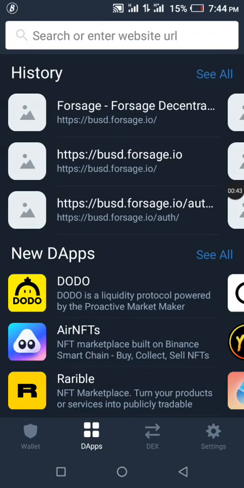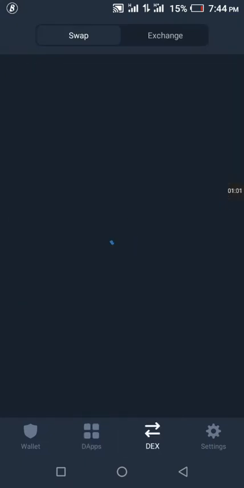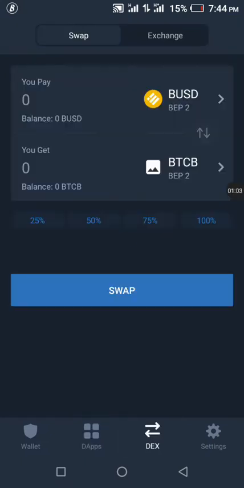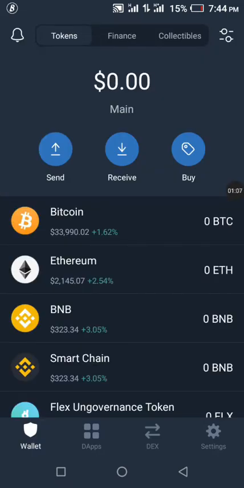This is the feature that allows you to input any link. This is where you can do your Uniswap, you can do your PancakeSwap. In short, on Trust Wallet, you can do a lot of things. You can actually exchange a cryptocurrency for another using this DEX feature. So that is not the point for today's class, but for today's class, we are going to make use of DApps. So, strictly on DApps,